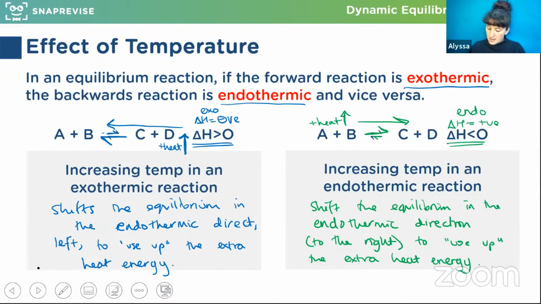So hopefully we can work out those. I was just going to spell that correctly. Anybody not happy? So the forwards reaction is endothermic. Yes. So in this case, if we increase the temperature, it's going to increase the endothermic direction because it's going to want to use up all of the energy that we've just put in. So it's going to go to the right, in the endothermic direction, on the second one.